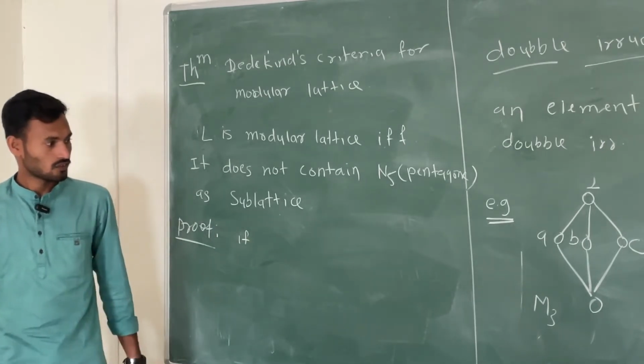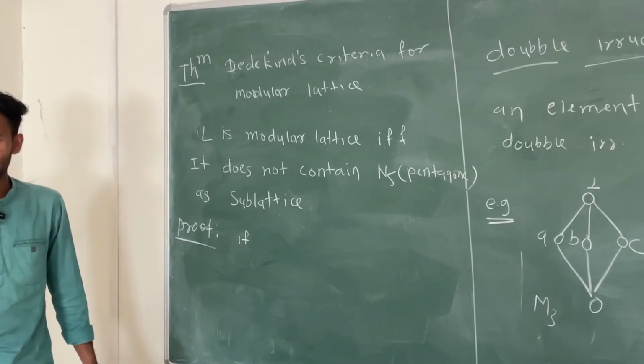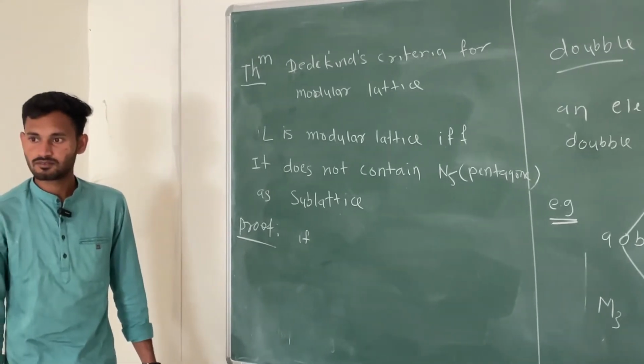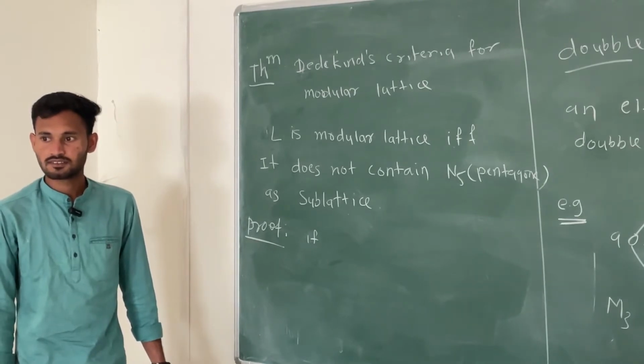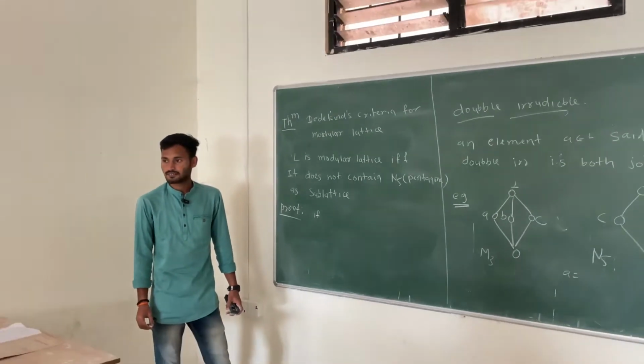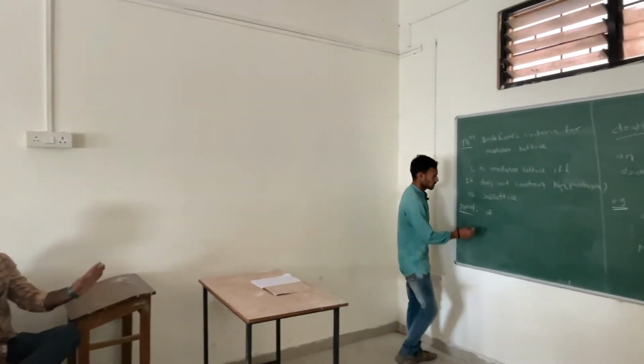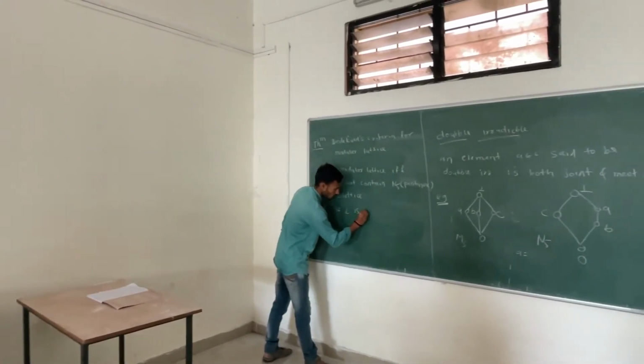M3, what can you say about M3, is it modular or not? Why? Because it doesn't contain N5, right? Yes. It means if we have a lattice that contains N5, that is not going to be modular. Other than that, it must be modular. It is an if and only if statement. Yes. If N5 is not there, then it is modular. Okay, so if L is modular,